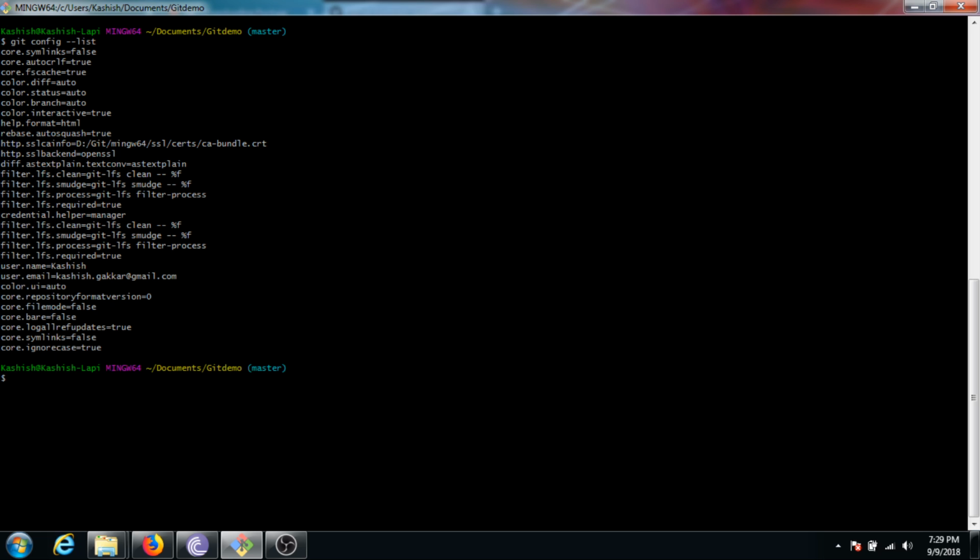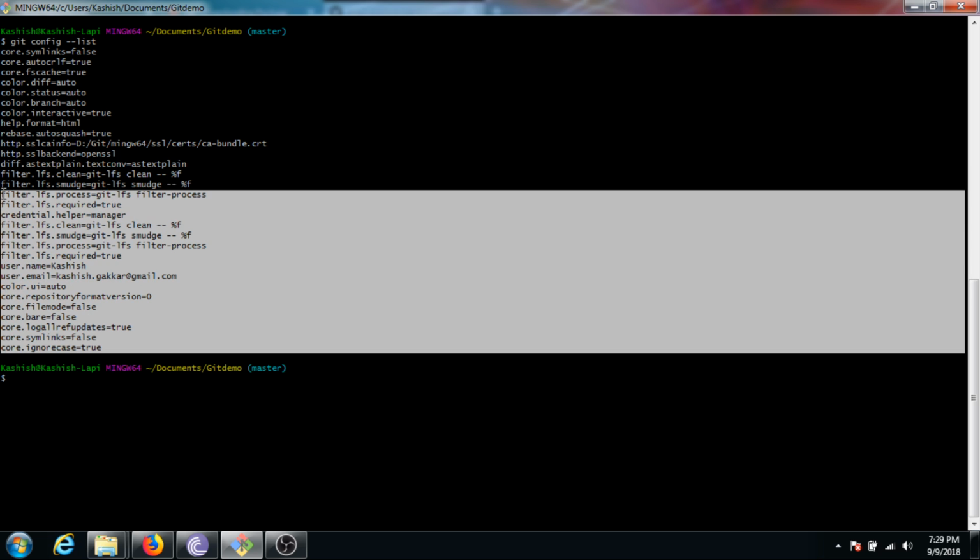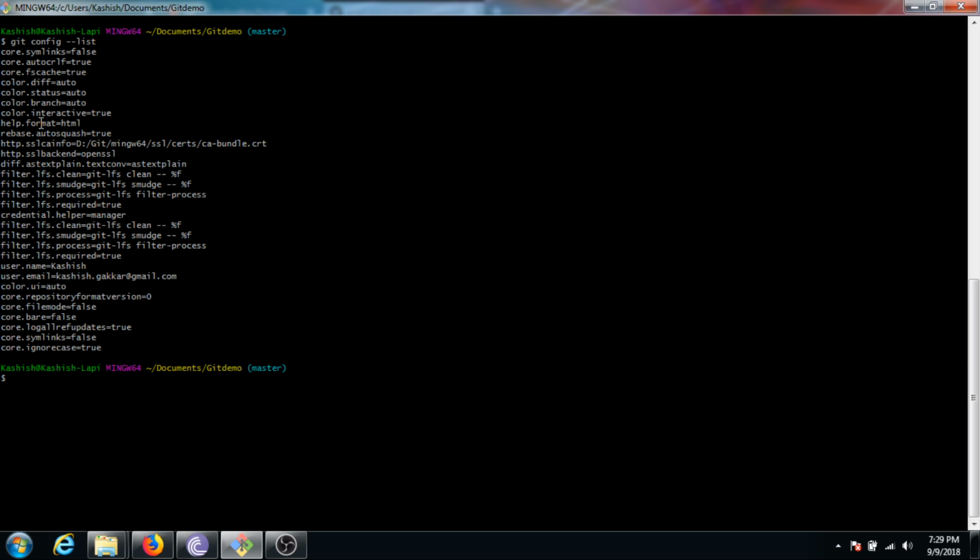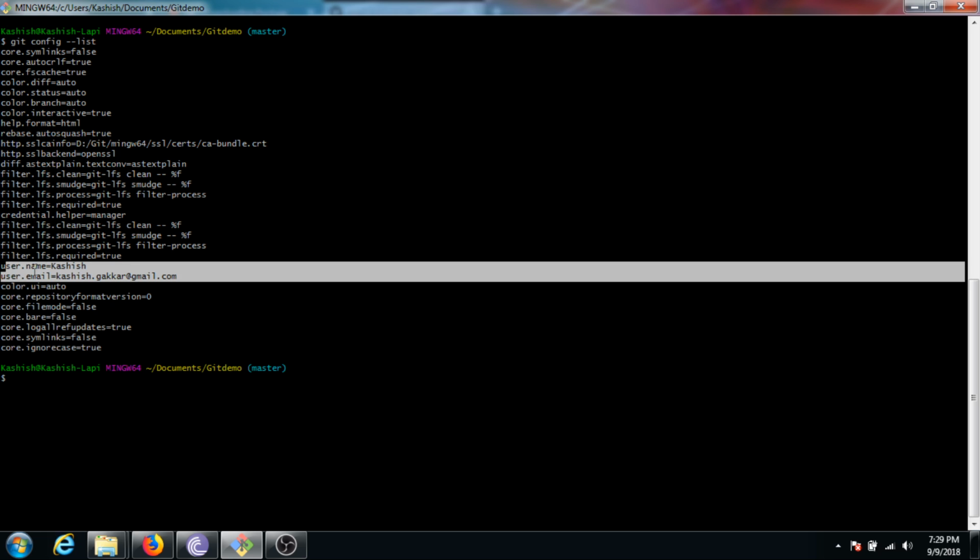So I'm basically talking about the Git configuration settings. To list all the configuration settings, you have to write git config --list, and it will list all the settings that are set by default by Git, and there are different colors, something you have to see. So I'm just focusing on these two,